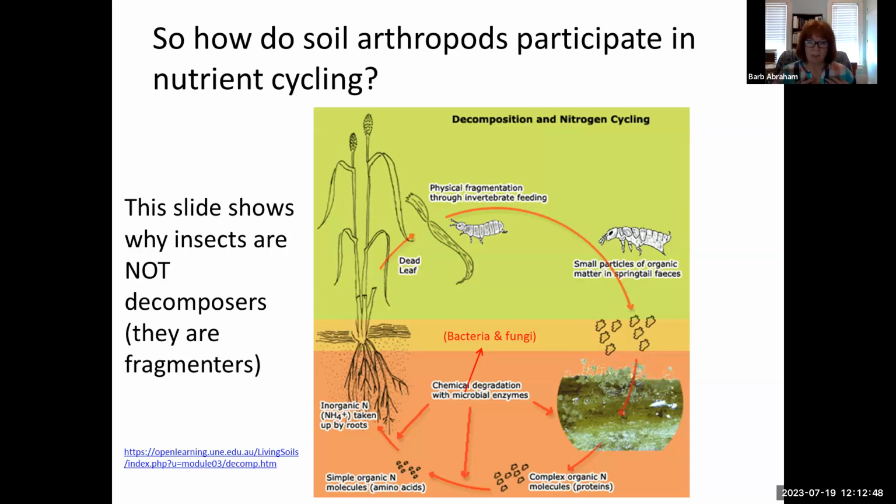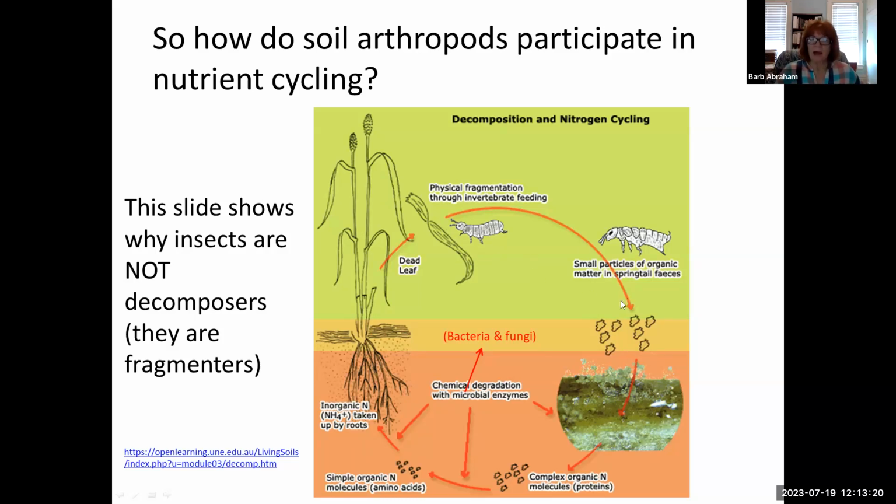What I call a decomposer is something that is putting organic material into the form that plants can use, which is inorganic. Okay, so what do these small soil arthropods do? These are two different kinds of springtails here, but of course there are others. They are basically fragmenting particles, usually dead material. Okay, most of these guys are not herbivores, so they're good in your garden.